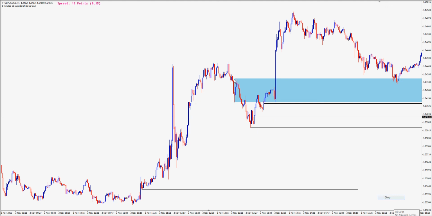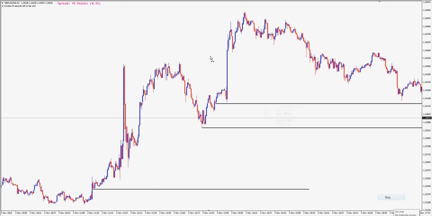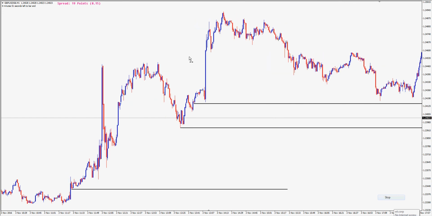So let me just take this out. And again, just watching along, that's a point in time that's sat by itself. For the same reason, this is a point in time, and I like this one because it's then respected here. So you get the little point, it moves away, it comes back, it says yes, this is good, and off it goes. And you're looking for something. This is a significant point when it gets broken downwards. Likewise up here, significant when it gets, if it gets broken, and on and on. And that's how I mark these as time goes by,